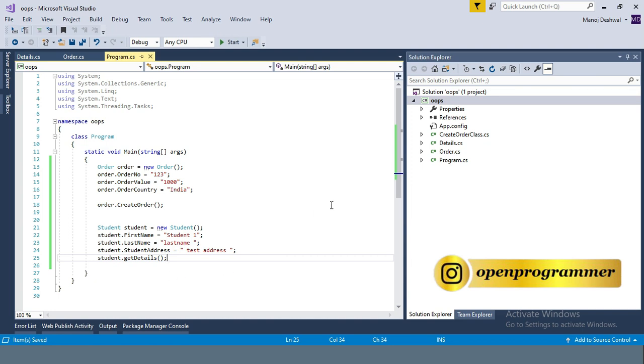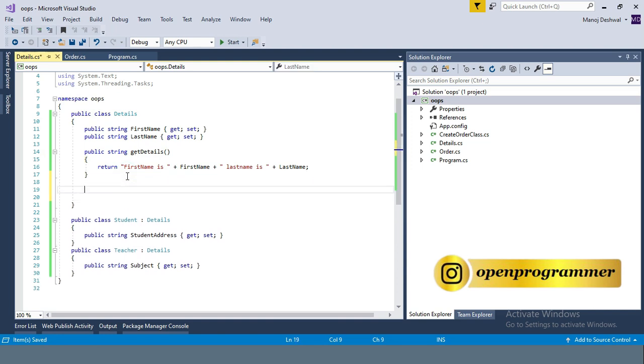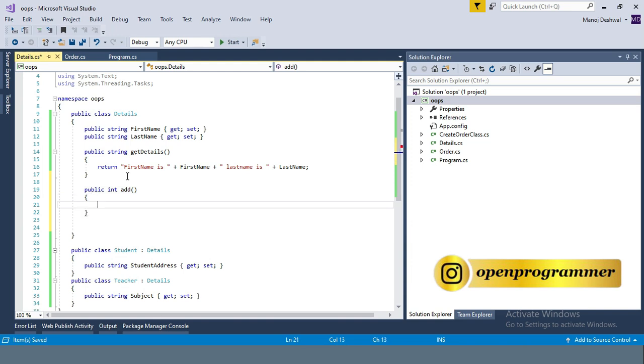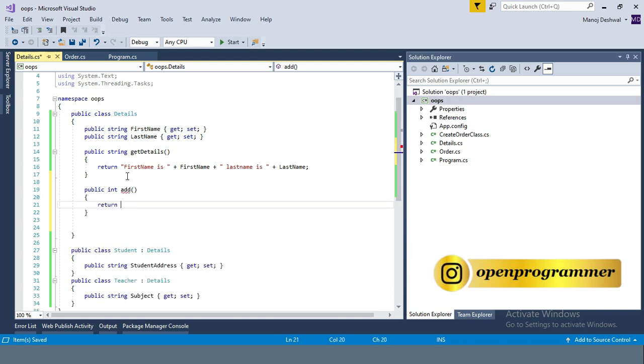Now comes polymorphism. What is polymorphism? Polymorphism means one thing in many forms. So let me get back to that particular Details class and create a function. For example, public int Add, return 2 plus 2.